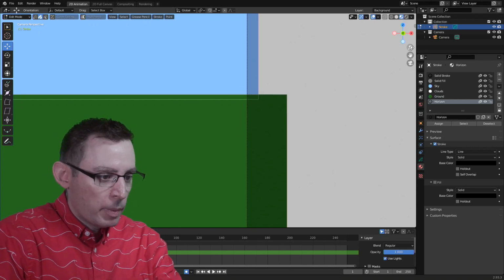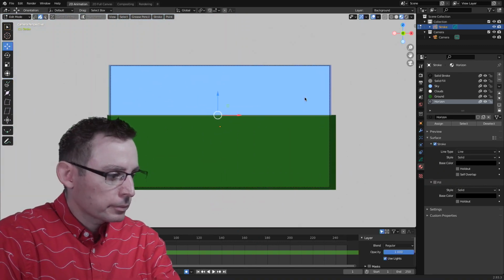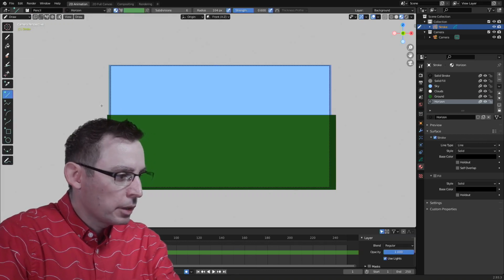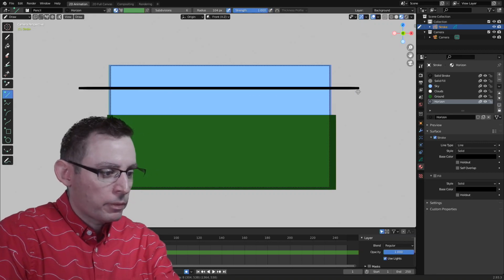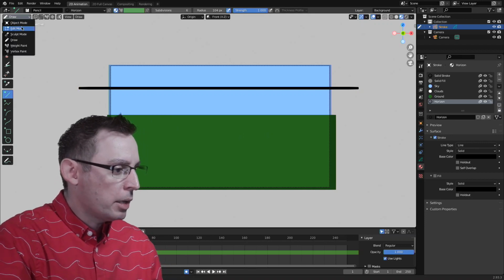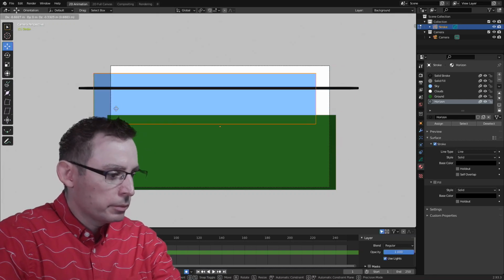I'm going to zoom out a little bit here. Let's just redraw it. Looks like it goes real fast into drawing things. And I got the horizon line already selected. I'm going to turn off my pressure sensitivity, put my strength to, there we go. That's what I'm after. I like it. If we return to edit mode, I can select it, grab the wrong one.